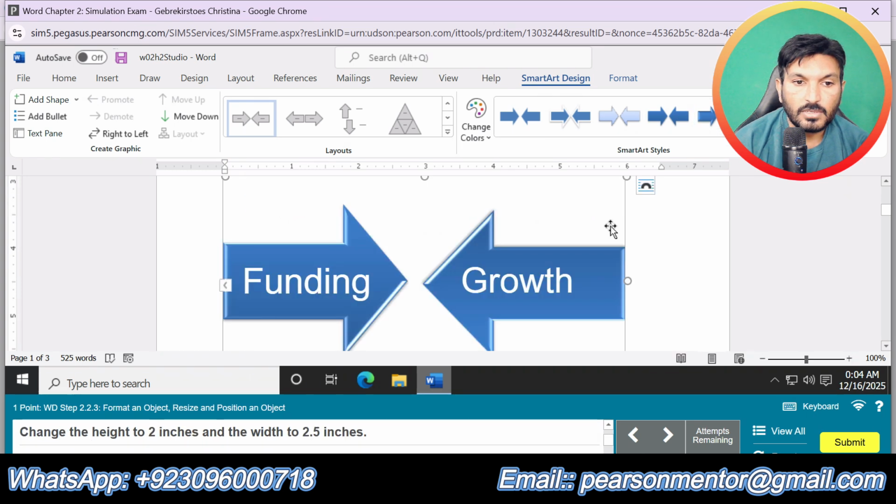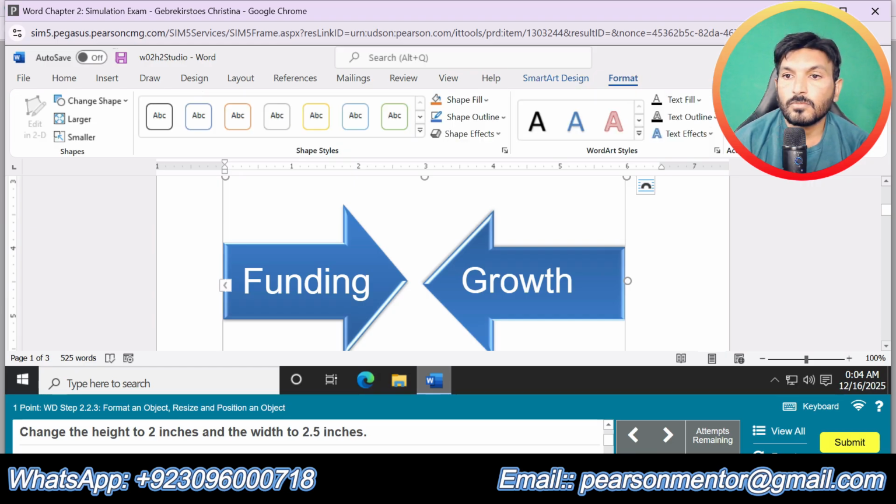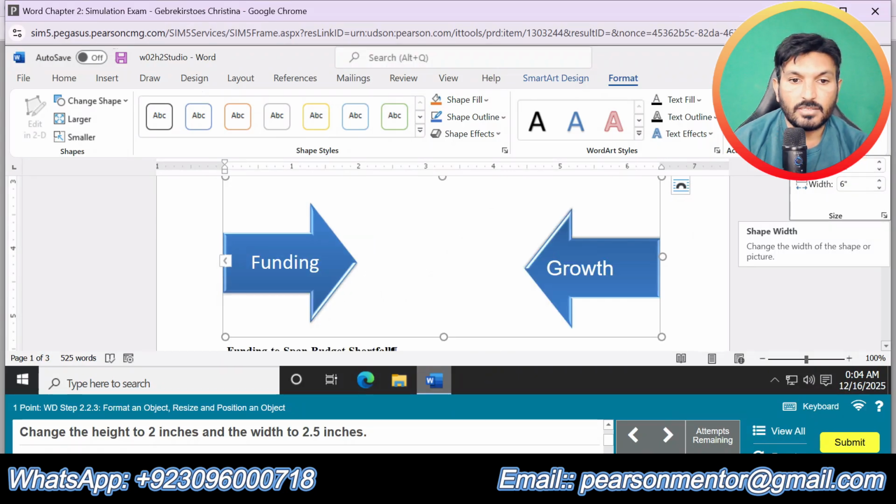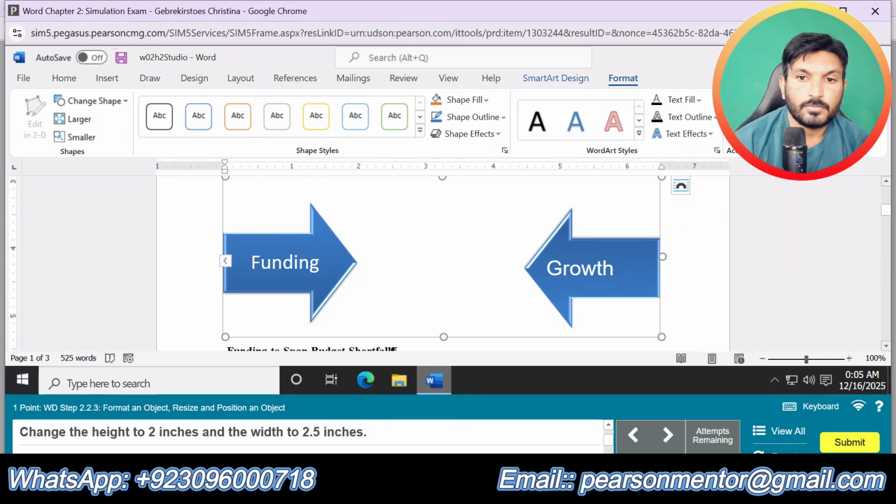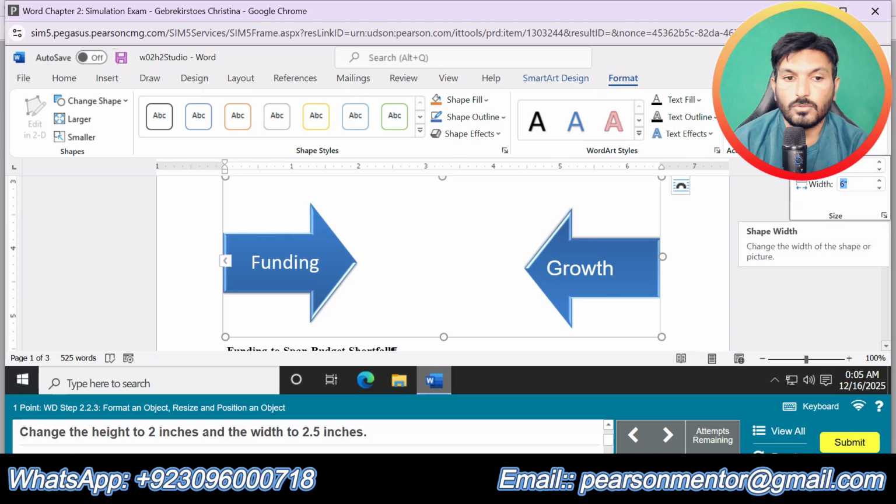This one, change the height to 2. Height should be 2 and width should be 2.5 inches. Height to 2, width should be 2.5.